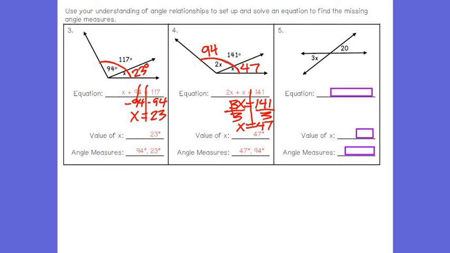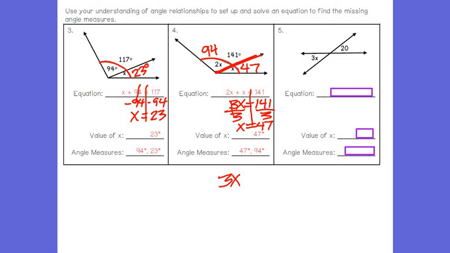So I understand vertical, but adjacent, they're just side by side, and they're going to tell you what's equal. See how they're sharing this line, and then they're side by side, like the 3 and the x are side by side. These 2 are side by side next to each other. Okay, the next one will be